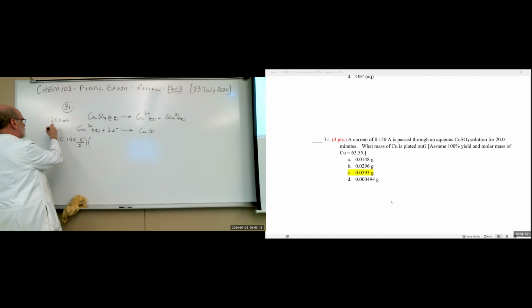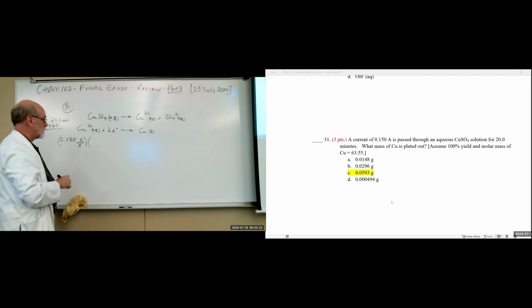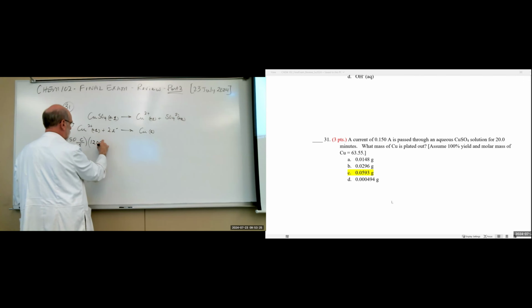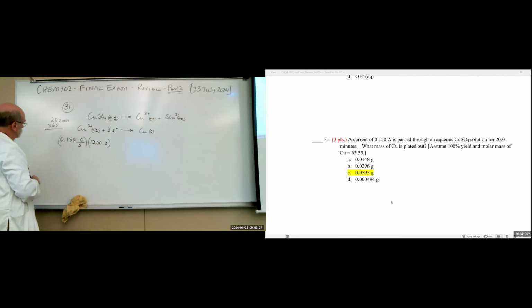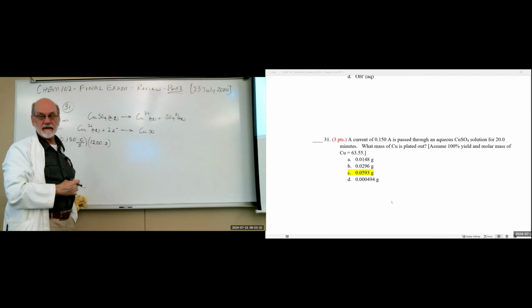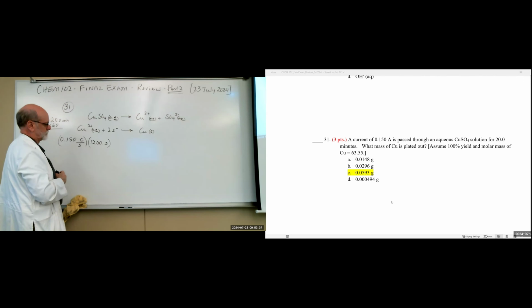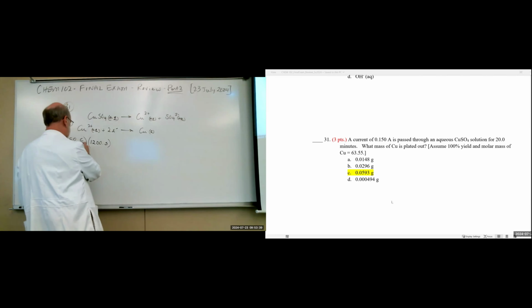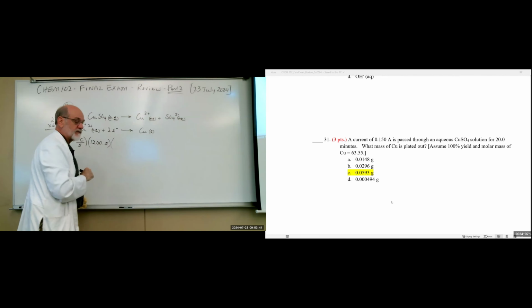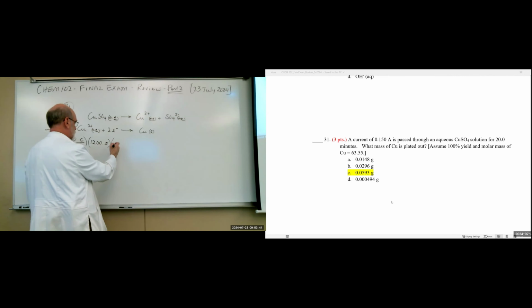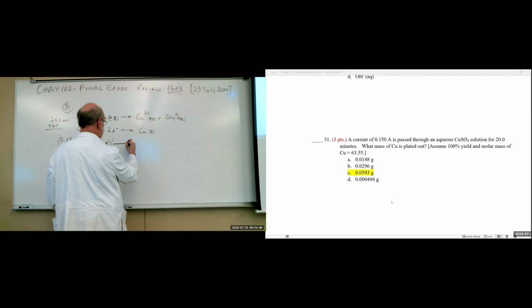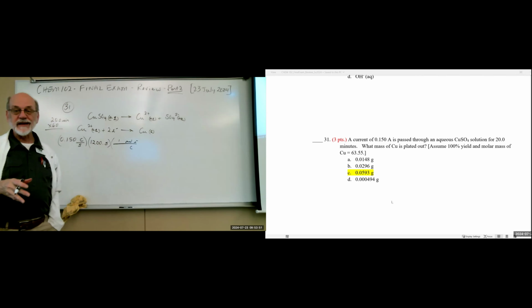Which is how many seconds? Times 60 seconds, 1,200 seconds. 2 times 6 is 12, and 10 times 10 is 100, so 100 times 12 is 1,200. Okay, that gets rid of seconds. Now we need to convert coulombs to moles of electrons, coulombs on the bottom, moles of electrons on the top. So we need Faraday's constant,